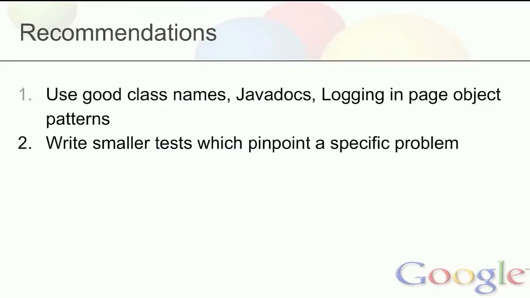A second recommendation was that we should write tests which are smaller. Big integration end-to-end tests not only become flaky, but are also difficult to document in the sense that you don't know how much that test is covering. So breaking it into smaller test cases will help pinpoint the specific problem. If there is a problem only in the initial part of your workflow, the test will catch it, rather than the test running and then failing, and you are figuring out, okay, the end-to-end test flow breaks, but we don't know which part broke.